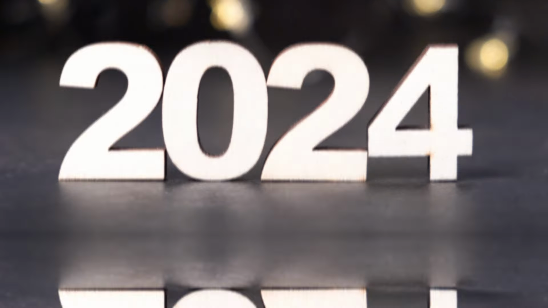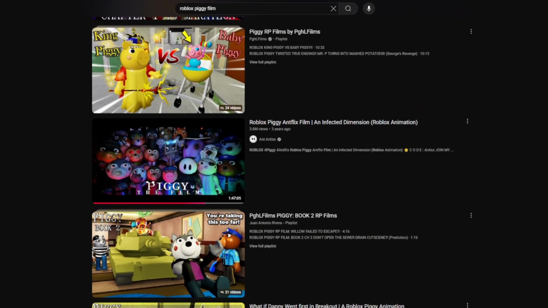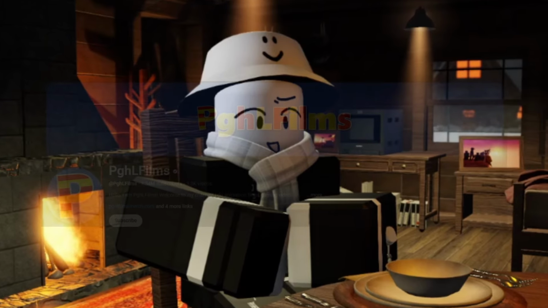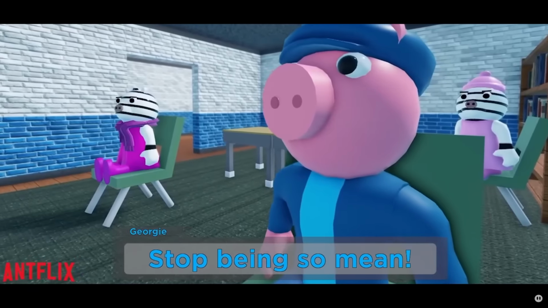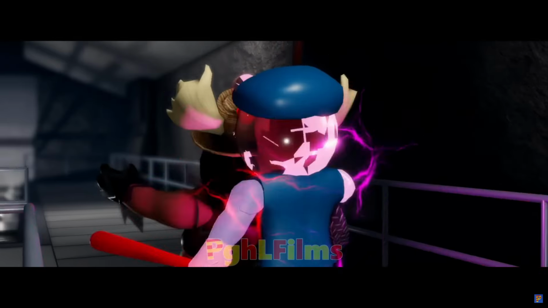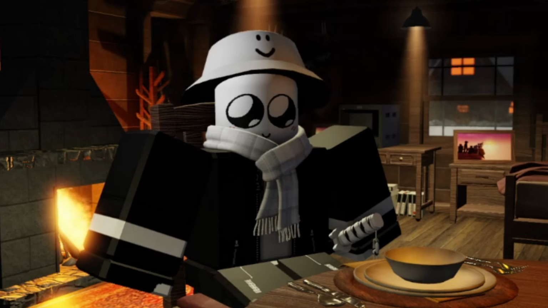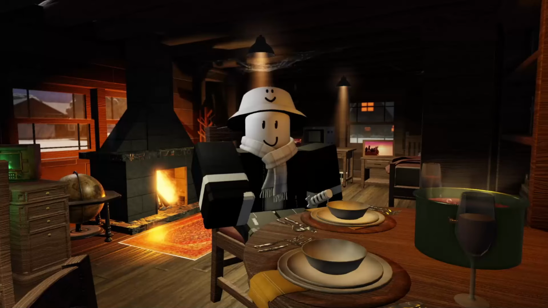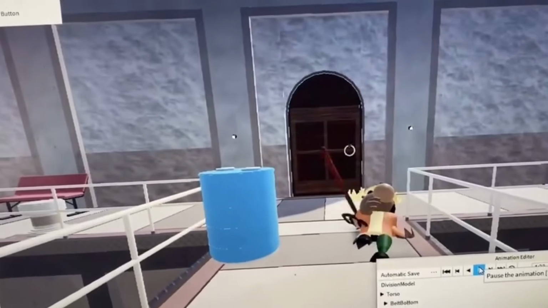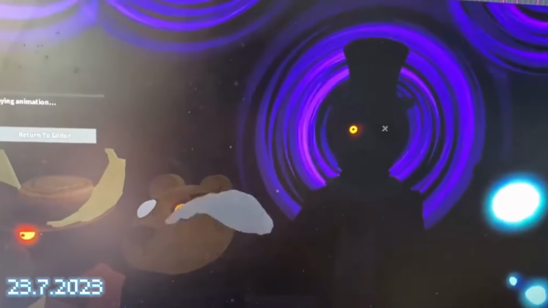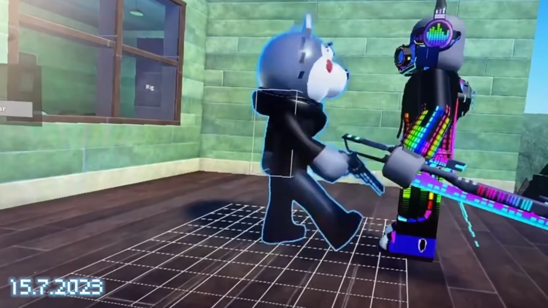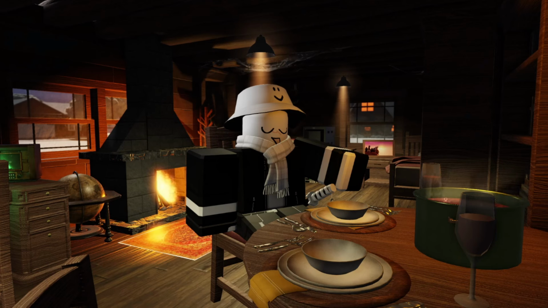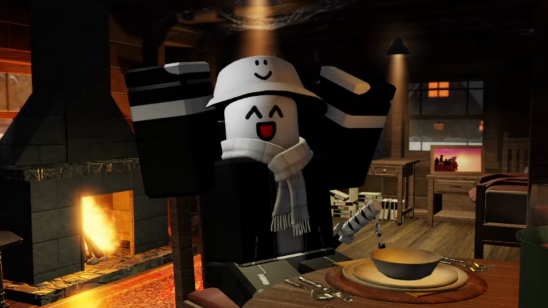It all begins around 2 years ago. I really enjoyed watching these Piggy film things, like the one Antics made, and I can't remember the name. I always thought it was so cool how they could make these animations from a game I loved. So I was like, I want to do that. So I opened up Roblox Studio and made some random animations with the Piggy characters. And they were interesting. I slowly made more story type animations and slowly, very slowly got better at it. My favorite character was Tio, so I animated a lot of him, and he still is my favorite, so when I get to animate him again in my Piggy film, oh, I will make it good.